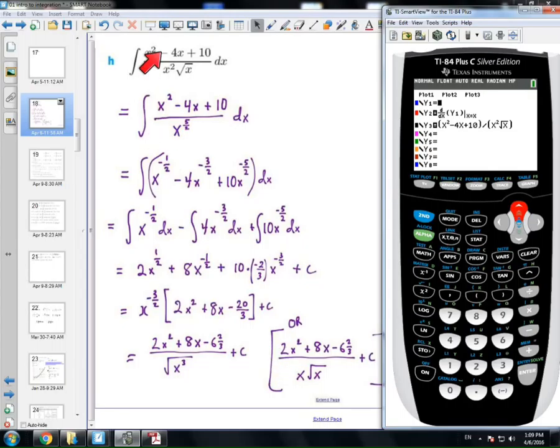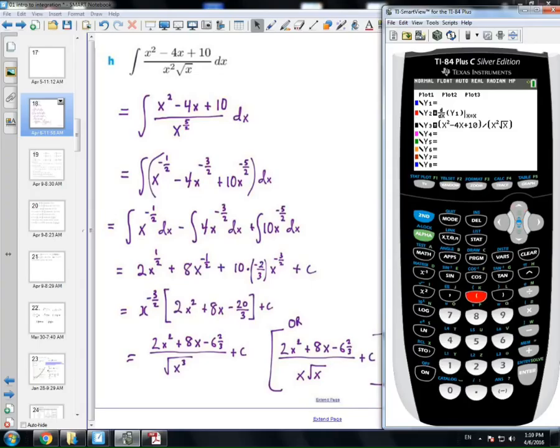If I did anti-differentiation to find the integral, then if I took my answer and differentiated it, I should be back where I started. In other words, the derivative of this should be this. So I'm going to make the calculator take my answer, take its derivative, and the derivative should be what was given. So all I have to do is put in my answer,